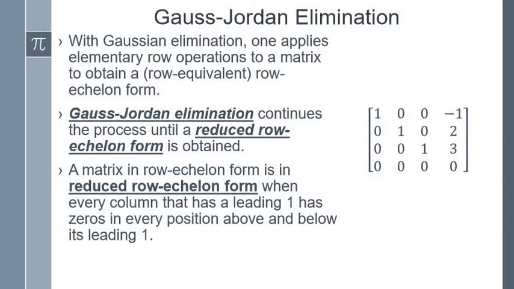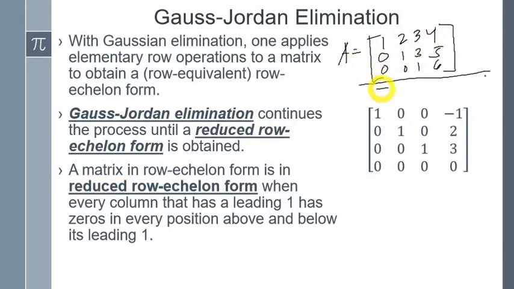So say for example, we have a matrix here. Let's have this as matrix A, then I'm going to have 1, 2, 3, 4, 0, 1, 3, 5, and then 0, 0, 1, 6. We know that this type of matrix is in row echelon form because we have all leading ones here, and the leading one on top of it is farther to the left hand side. Now, we're going to talk about rewriting it further by elementary row operations to